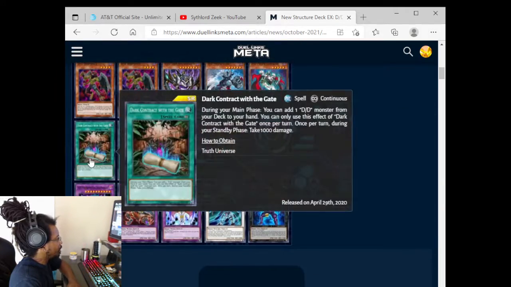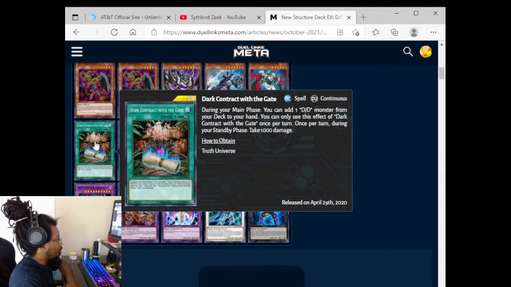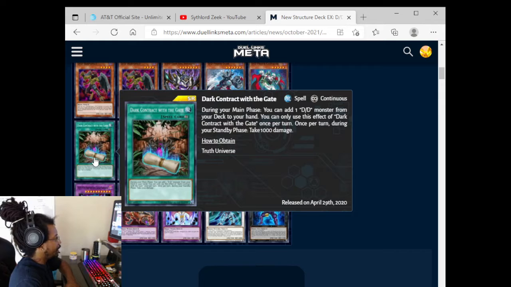I'm not really sure. You definitely want these dark contracts with the gate. So this is your searcher of the deck. You definitely want to play three of this card. So you want to play three of that, and there's one more card that actually